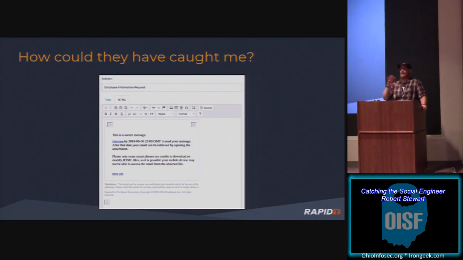With this one also, the organization owned like every TLD per region. So it was like company name .us, AU, EU, Asia, all of them, except for DE. They didn't own DE, so I own DE, and I found someone who worked for their company inside of Russia, right?